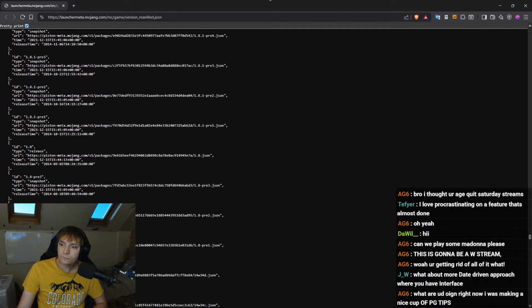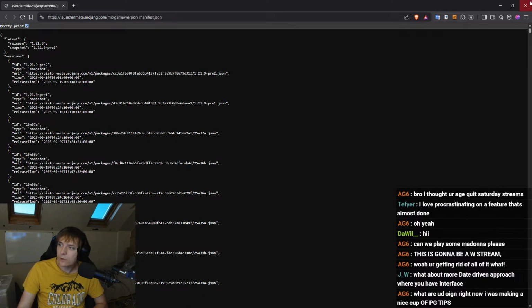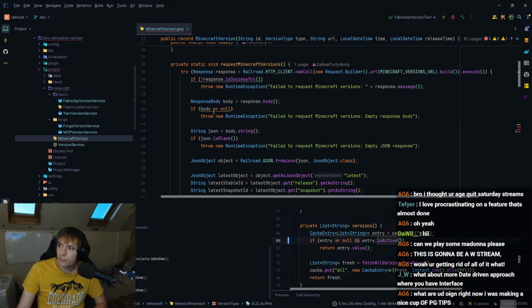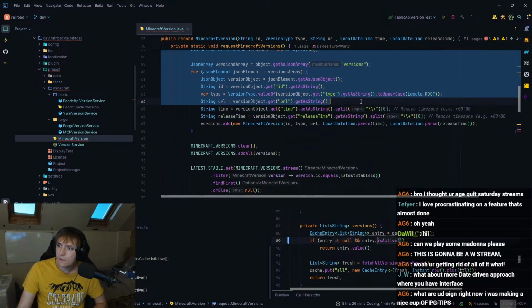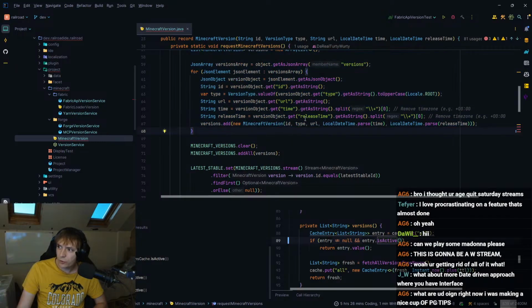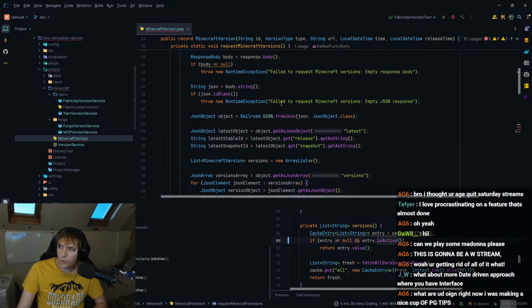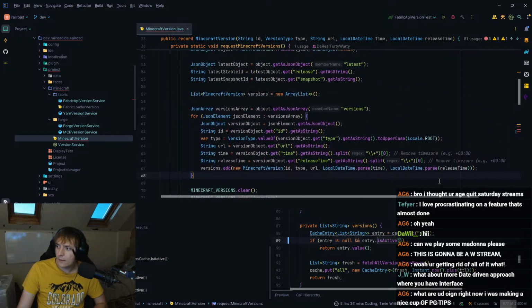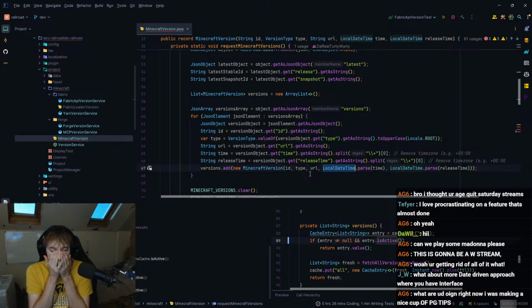Okay. So do we have all of this, I guess is the question. Let's have a look. So here is the code where I'm passing this entire thing. Let's rewrite this. I think that's probably the best thing to do. Well, it's kind of fine though, isn't it? I mean, I could use a Pojo here. Yeah, I could definitely just use a Pojo. So all of these, I can't because of the local date time. Okay. Can't use a Pojo.